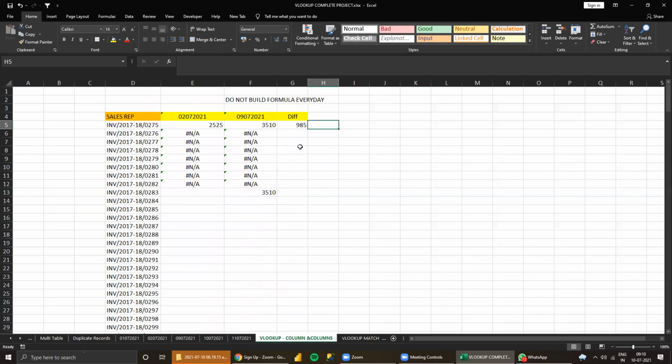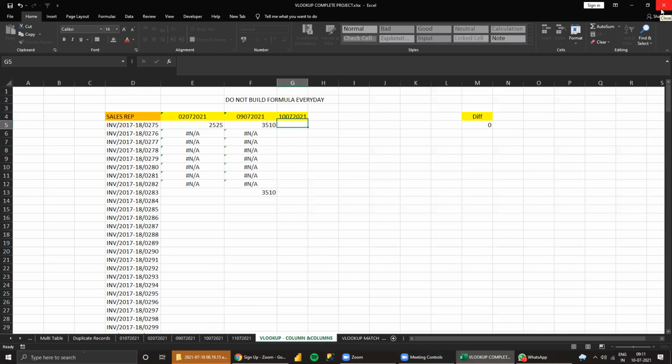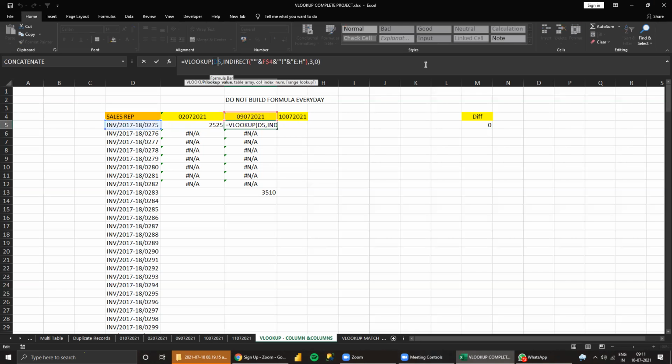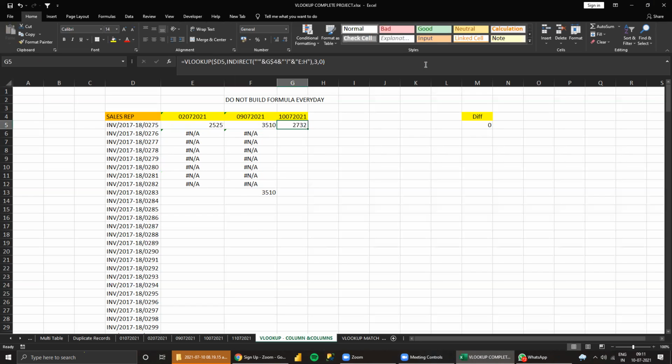Suppose you want to see all the details there. So change the date. Suppose today is the 10th. Okay. So I can fix it in the column. See here. Now 11th.